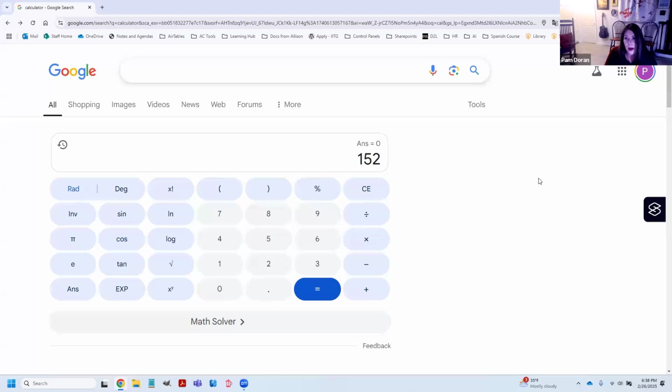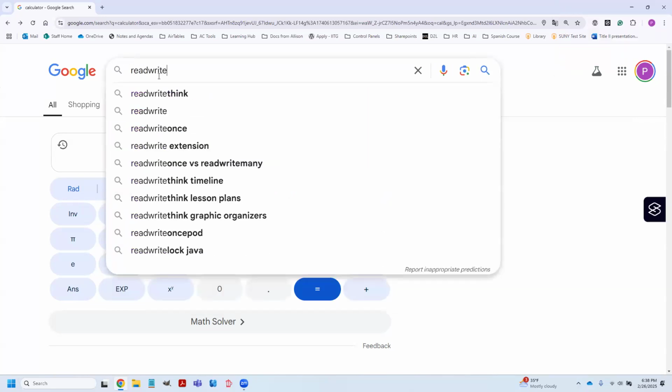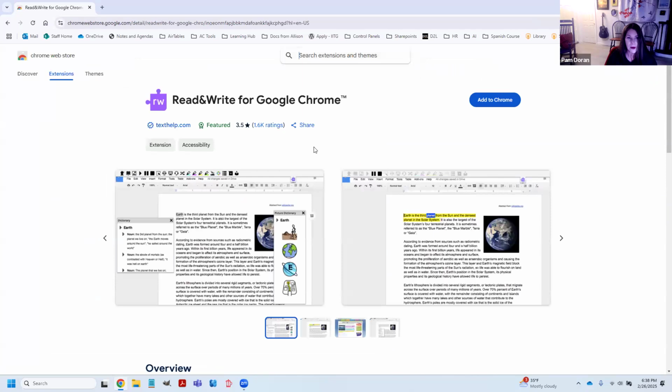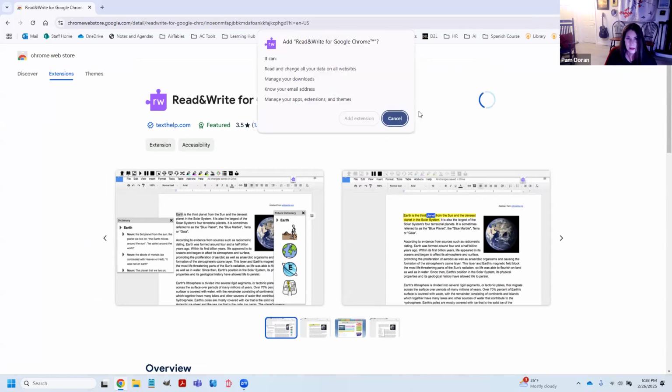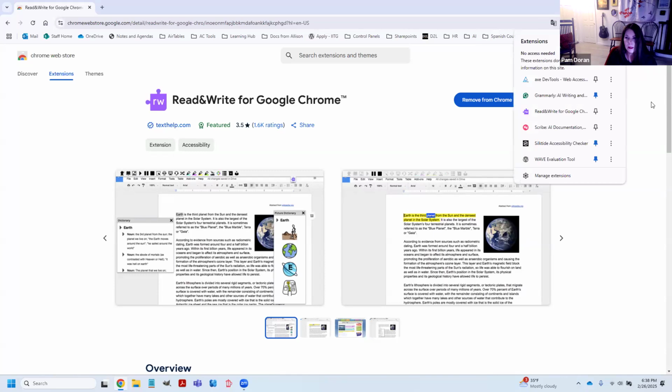There are Chrome browser extensions. One is called Read Write. I'm sorry, Read&Write, just like that. And it's an extension. And that will allow you to have a microphone on any part of any document or any part of the internet. So if you were to add that to Chrome, it will give you a Read&Write icon here. And when you click on it and use it,